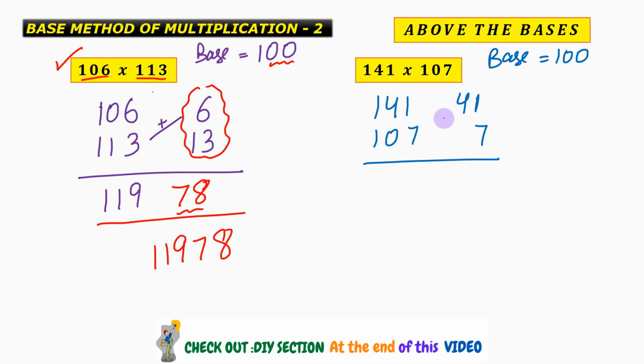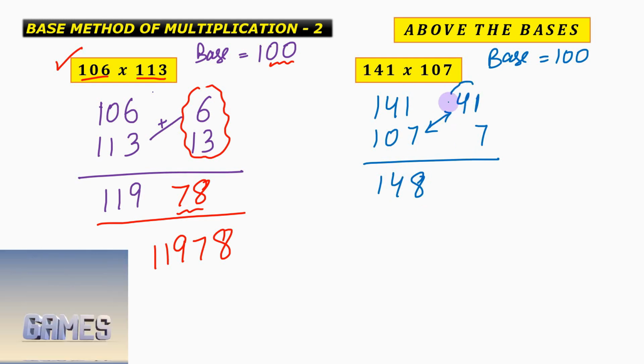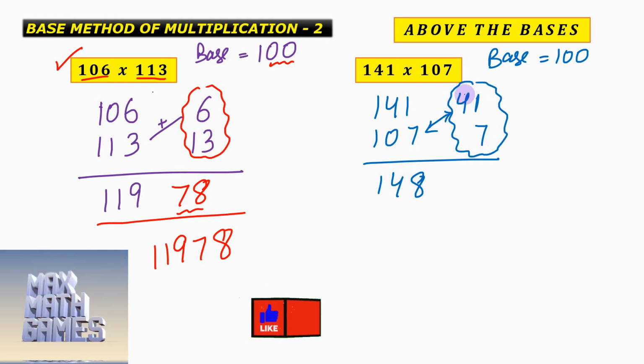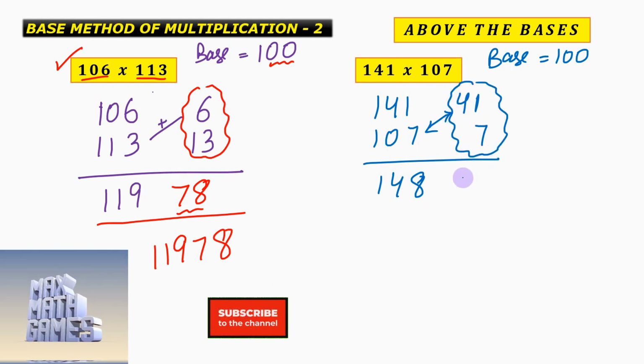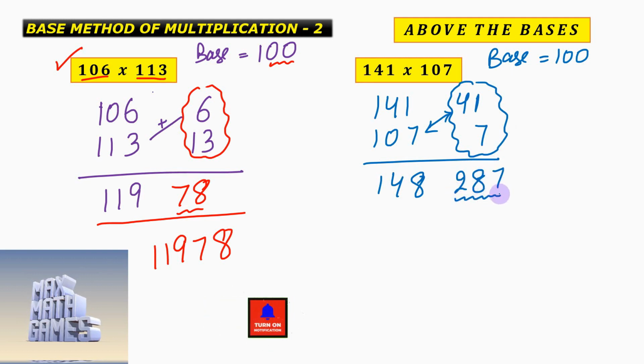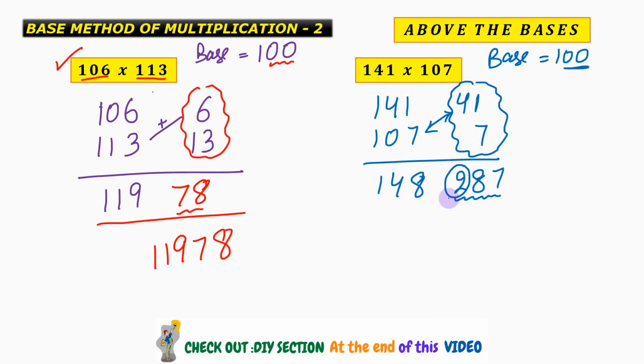Okay, then you add these two numbers, so we get 148, and then you multiply these two numbers, that is 41 and 7, thereby getting 287. But then this should not be a 3-digit number, rather this should be a 2-digit number, which simply implies that this 2 will get carried over to this side, and hence we will get the answer as